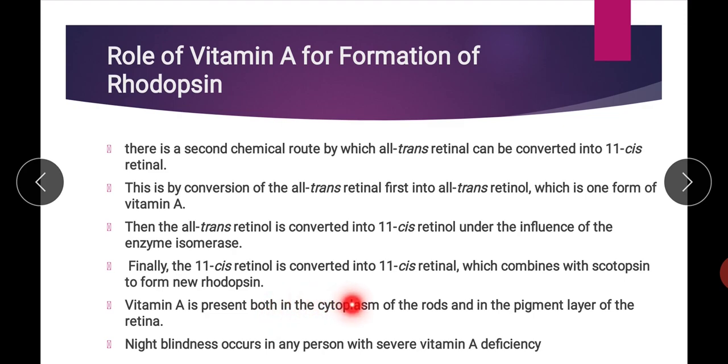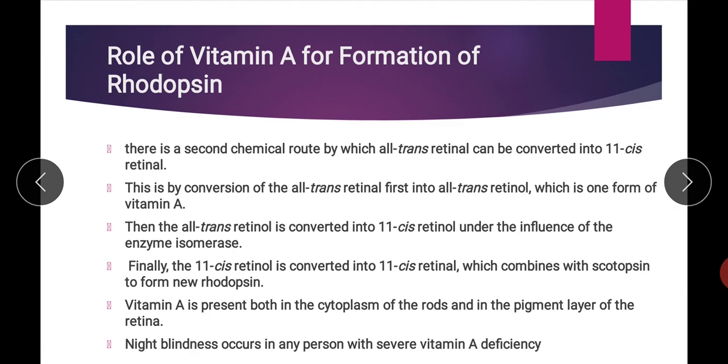Vitamin A is present in both the cytoplasm of rods and the pigment layer of the retina. Vitamin A is important because in its deficiency, night blindness is the first symptom to occur. Night blindness occurs in any person with severe vitamin A deficiency. But for this deficiency to occur, the person must remain completely off any dietary sources of vitamin A. If the person remains abstinent for, I think, a minimum of 6 months without vitamin A, then they start to develop the symptom,